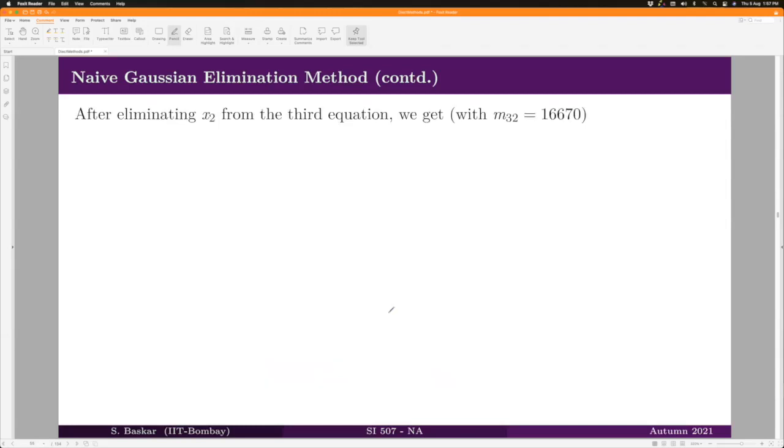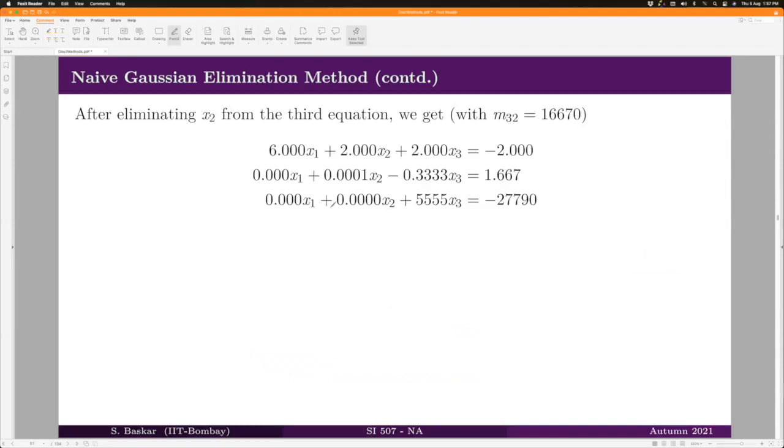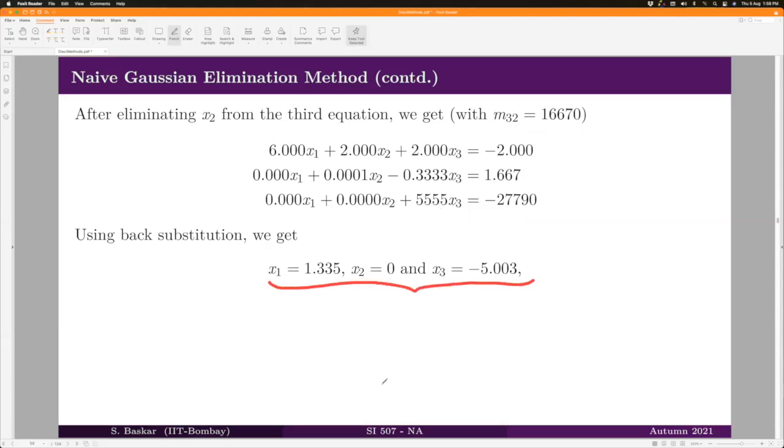Now we will do the second step, where we will eliminate the second coefficient of the third equation. For that, we have M32 given by this in this case, and that makes the second term of the third equation successfully 0, and thereby we have the upper triangular matrix like this. From here, you can do the backward substitution and get the solution of our linear system like this. Okay, so this is what we got. Remember, using a 4-digit rounding calculation. After every operation, you have to make a 4-digit rounding.